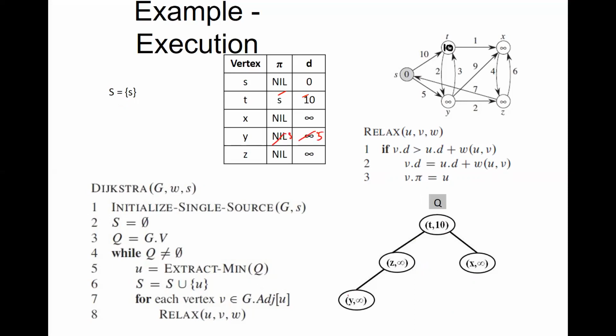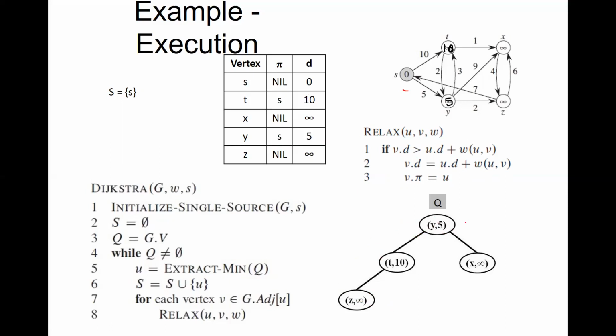When the y entry is updated as y at 5, there will be reshuffling. Z comma infinity will come here because of the heap property, and y comma 5 will go here. So there will be an update where y comma 5 comes up, and because it's a min heap, y comma 5 will be further swapped with t comma 10. T comma 10 will come here, and y comma 5 will go in this direction. So this is the final answer after usage of the vertices adjacent to s.